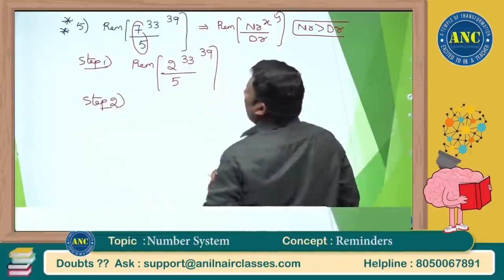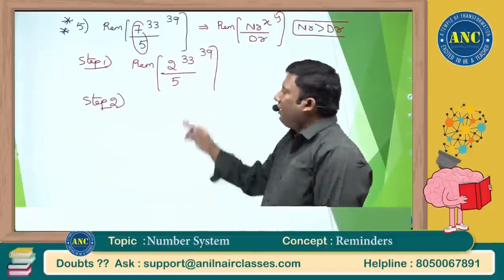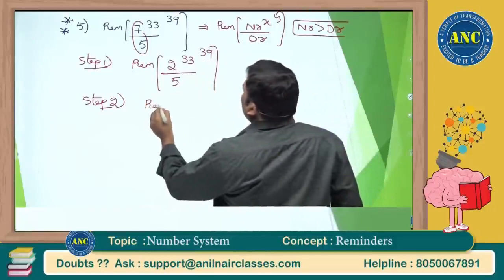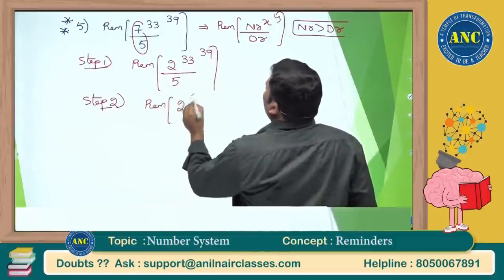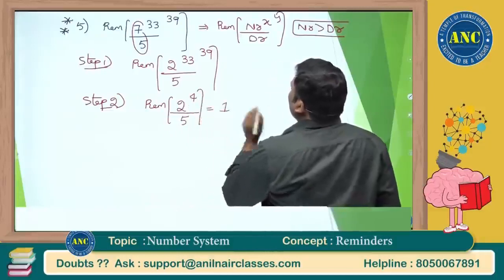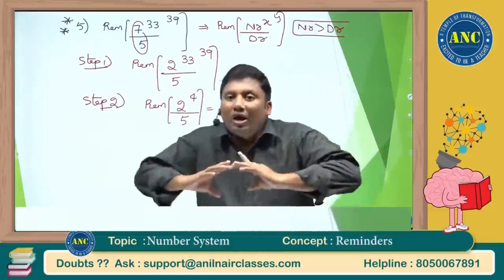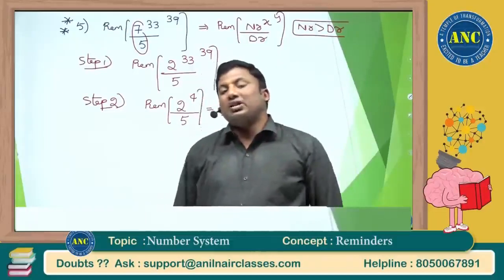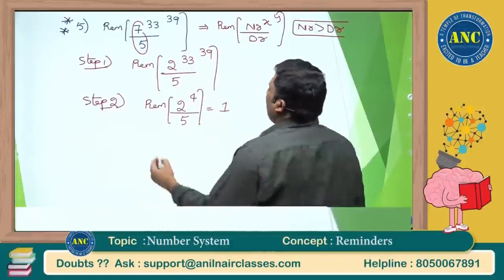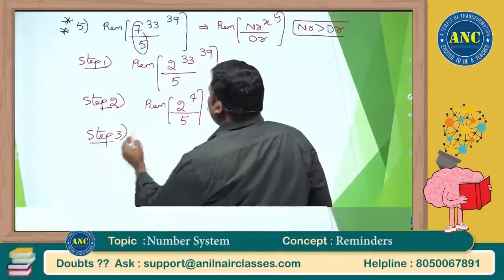After doing step number 1, the question is of the form 2 power something divided by 5. Check which power of 2, when divided by 5, gives plus 1. You can also use minus 1, but one more additional step is required to check the power of minus 1. 2 power 4 divided by 5, I will get plus 1.